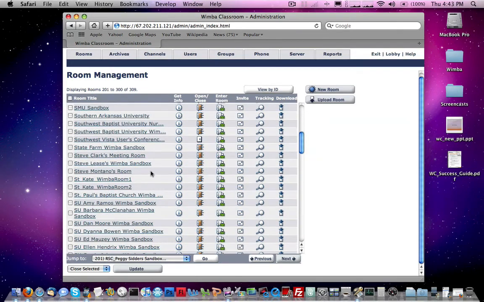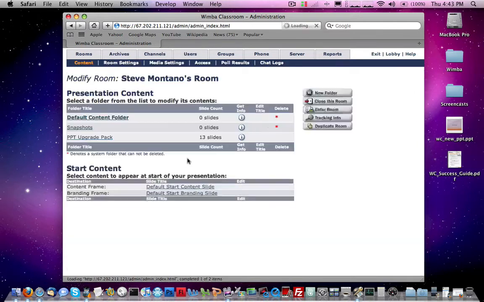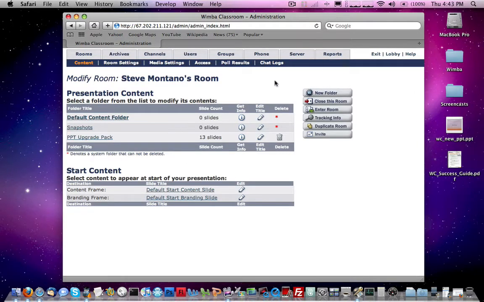So I'm going to go, there it is, Steve's room. So I'm going to click on this. Now remember, when you log in, you're just going to see one room listed. It will be your room. Okay, now you've clicked on your room, and voila, you see an interface that's also very similar to what you